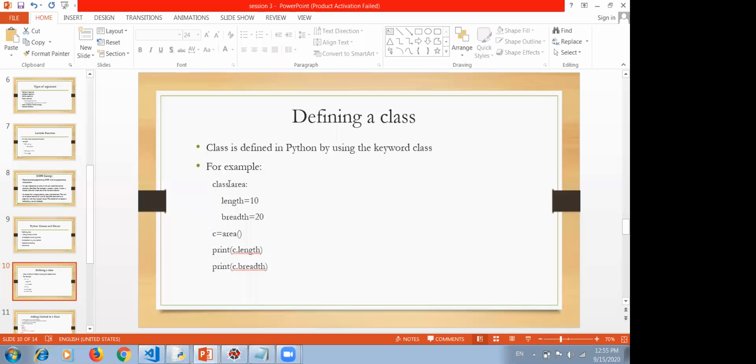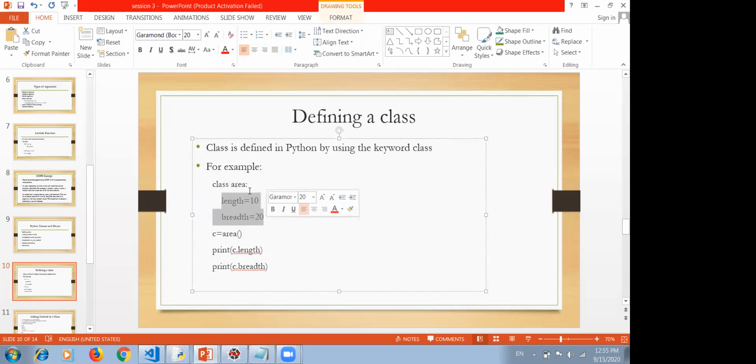You have to use the class keyword, and then mention the attributes of that class. Suppose I have taken a class named area. It has two attributes: length is 10, breadth is 20.